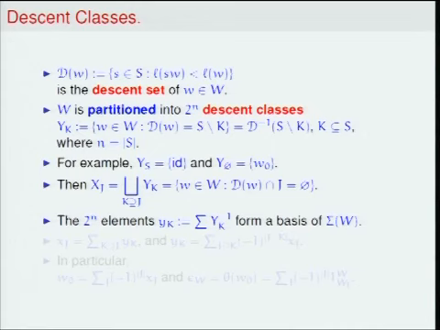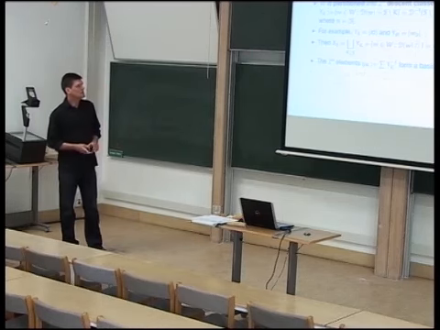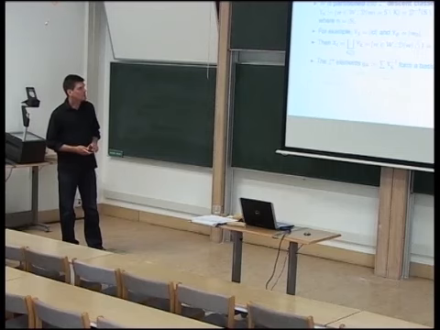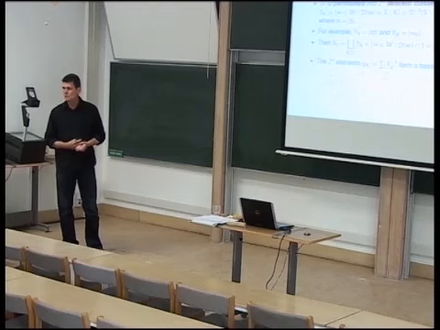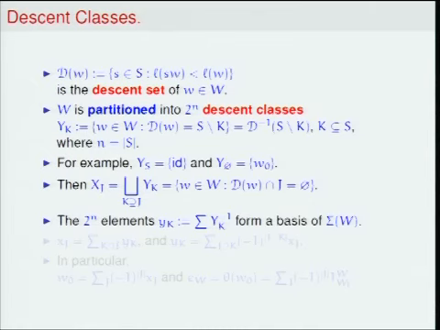And then if we form elements little y_K in the same way as we formed elements little x_J earlier, then one sees, since this comes from a disjoint union, from a partition of the entire group, they form a basis of the subalgebra that we're looking at. And so from this point of view, it's easy to see that the x_J's also form a basis, and that the dimension of the algebra in question is 2^n. There are formulas relating the little x's to the little y's.